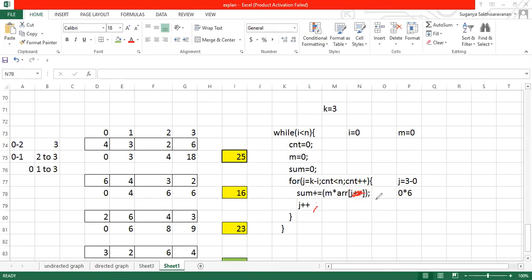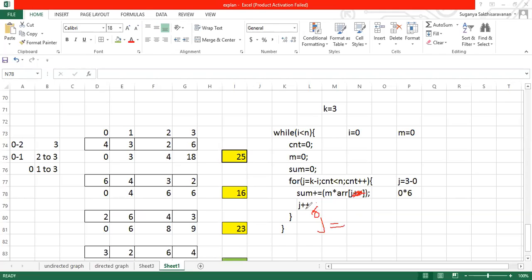This is what happens. After this, what should I do? Where should my pointer go? My pointer should go to the 0th position. So for that, how can we have a cyclic shift? This is the logic for cyclic shift. For this we are supposed to do a cyclic shift. How can it be done? After this, my pointer has to be moved to the 0th position. So for that, you are supposed to update your J loop.